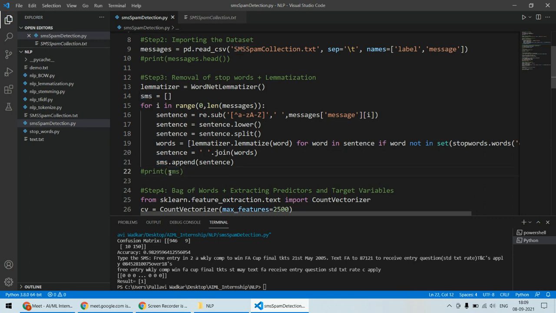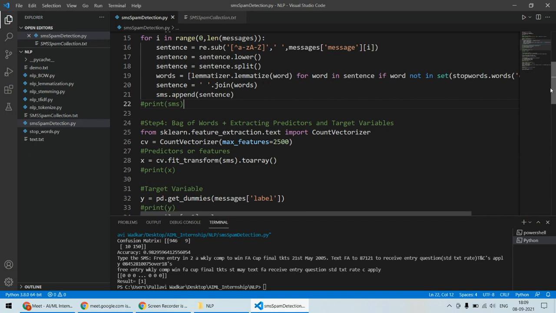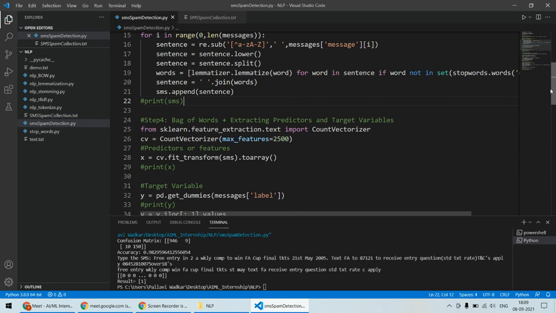So that will be a list. Okay, here it will be a list. Here it will be a string. यहाँ पे string होगा, और वो string को हमने इसके अंदर append किया तो that will be a list because यहाँ पे SMS एक list करके defined है। तो यहाँ पे हमें लिस्ट मिली, तो बैग ऑफ वर्ड हमें अभी इसके फाइंड आउट करने हैं।